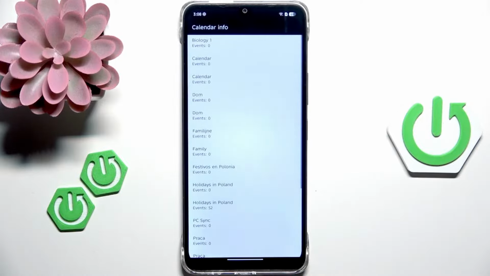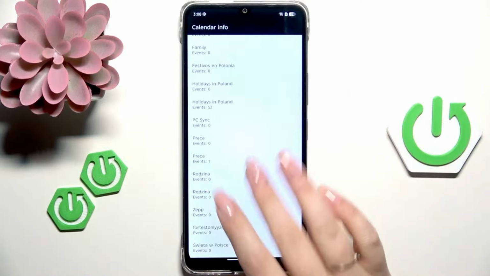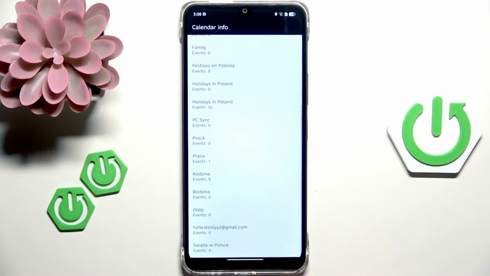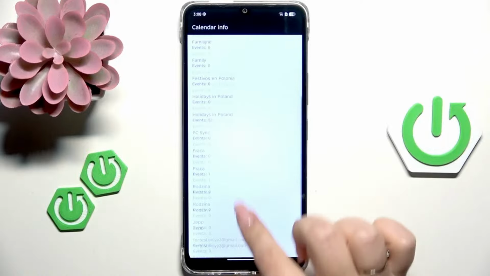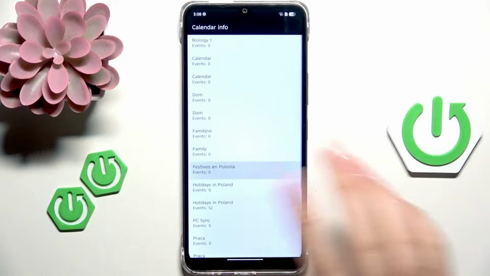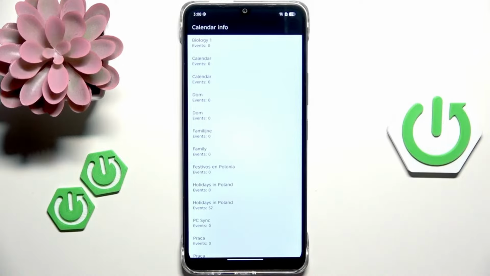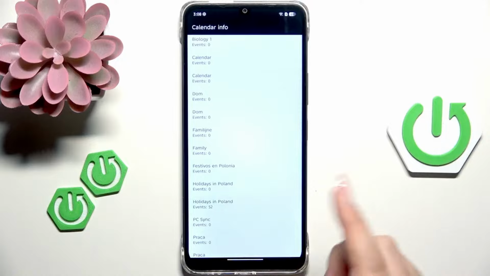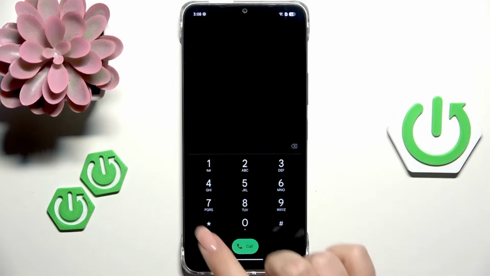*##225#*##*#. And here we are in the calendar information, so we can check all the events gathered in one place. We can check some family events, some holidays in your country, or events attached to your mail. However, be aware, because this section shows you only the categories and the number of events you've got in each category. You cannot enter a specific category and check the events. Another code is